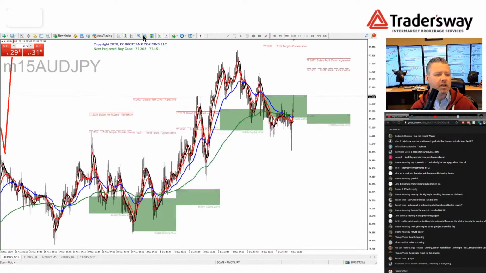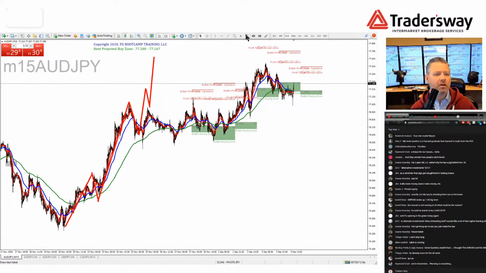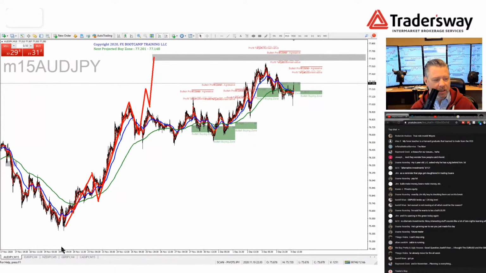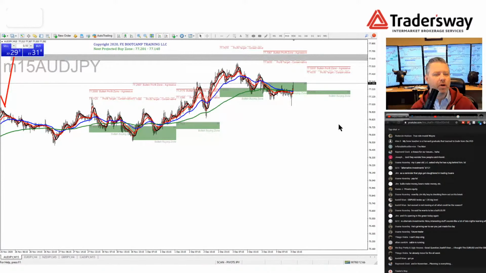But you can see my monthly projection here was this price. Looked like we're going about 77.5. This was done back in November, third week of November. And we just narrowly missed it by like 15 pips. So why are some of these not moving very much? Well,